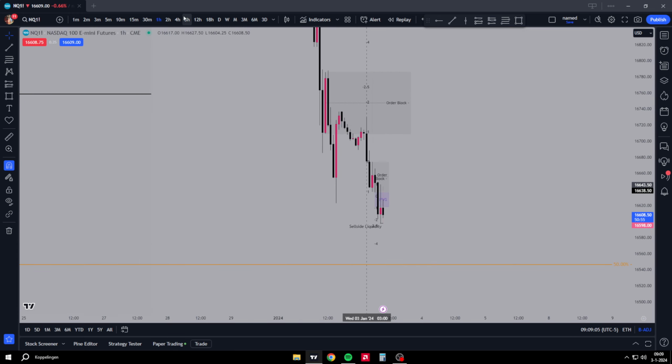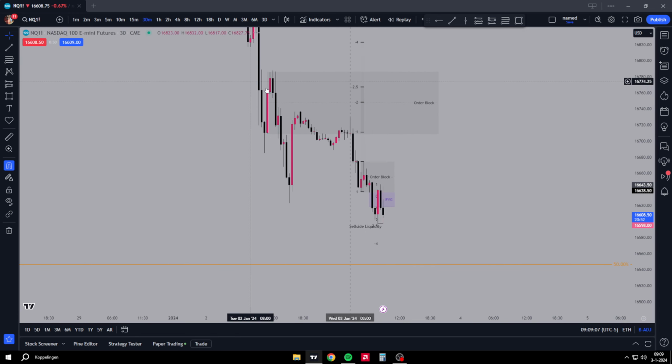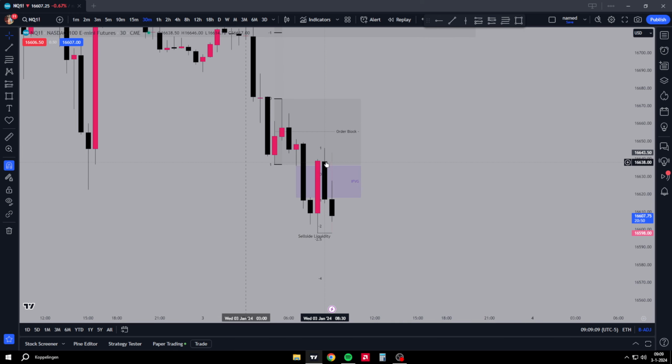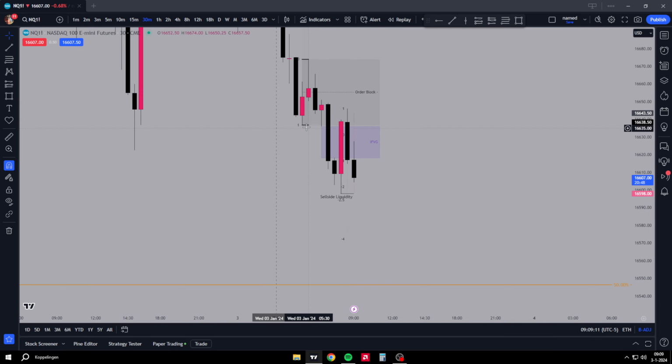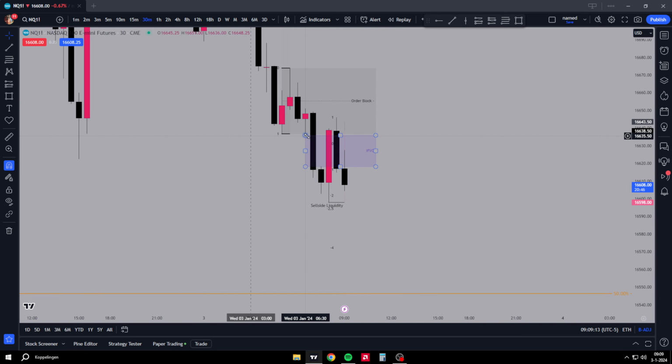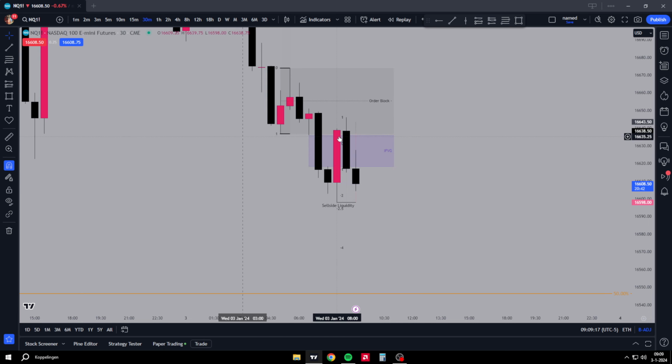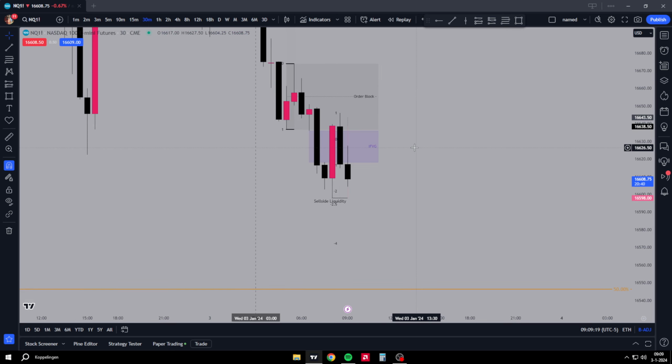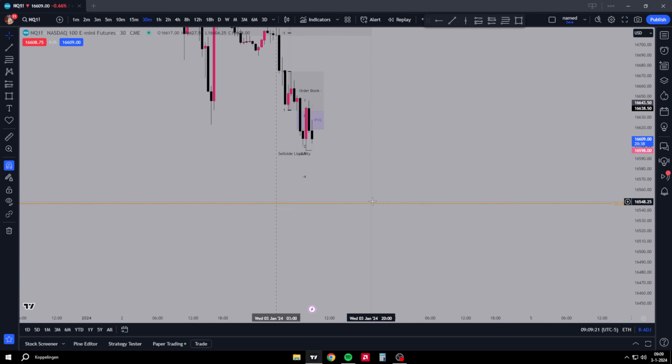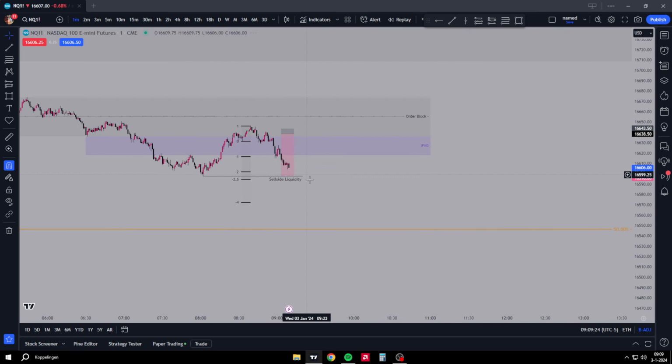Same as here on the 30-minute. Setup wasn't valid here. We swept sell side, we had the singular fair value gap, we close above it, but it doesn't really make sense because we react off nothing. So I want to see equilibrium first, but yeah, there is a lot of news today,